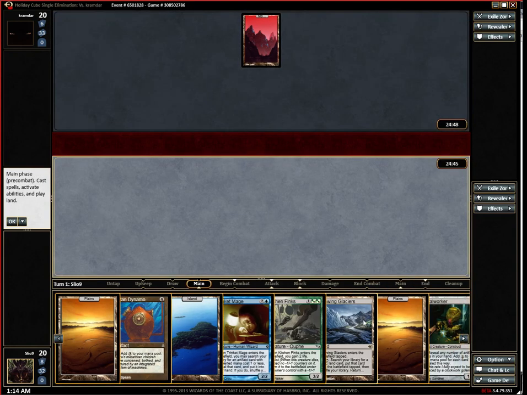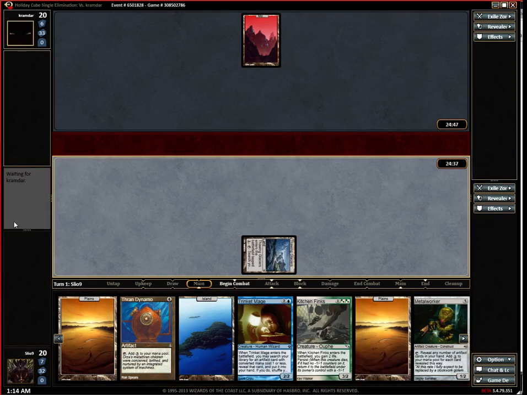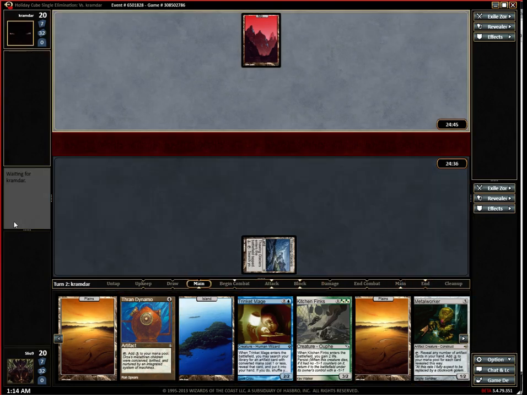Gonna lead with the Thawing Glacier, and then... Yeah. I feel like I'm being greedy every time I do this. Well, against mono red, whatever. It won't be mono red. He doesn't have Lightning Bolt. Look at this guy's...